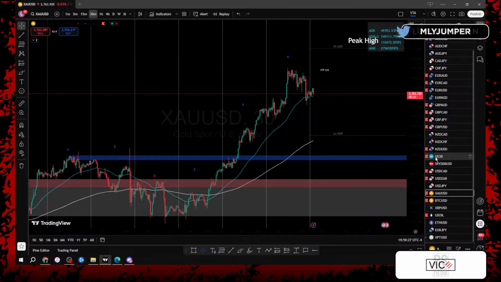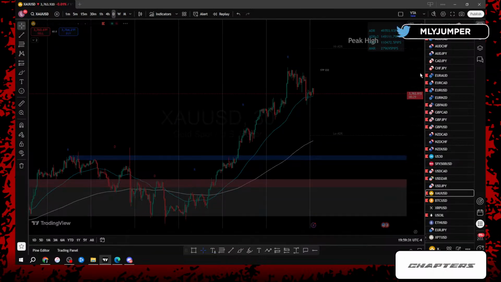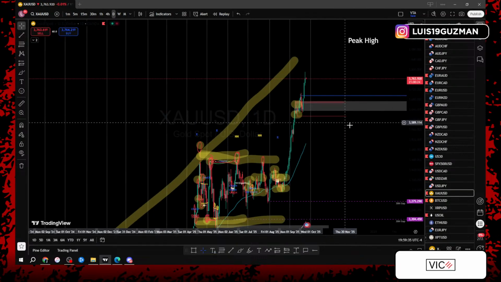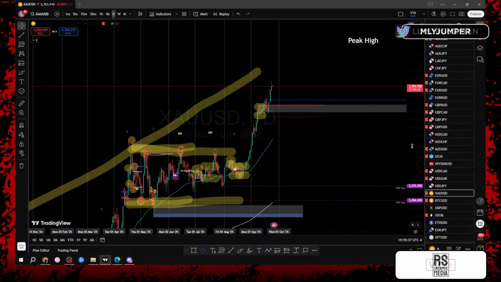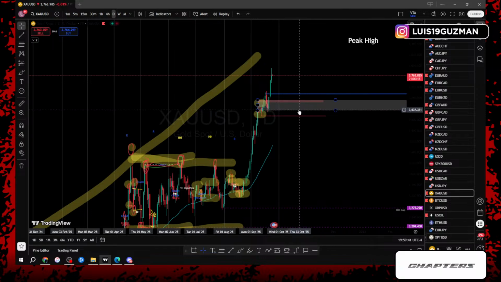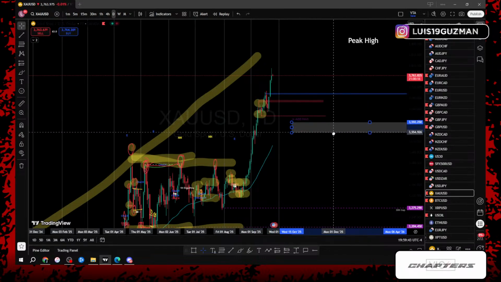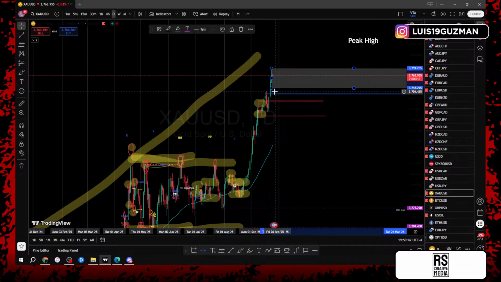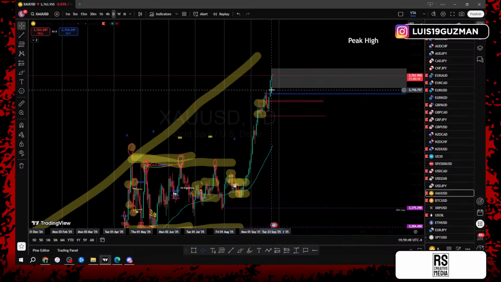These last couple pairs here, I'm not really paying too much attention to them. Gold is in peak high, it just keeps flying. I'm going to wait for price to give me a pullback, and I'll take the pullbacks. Price then wants to start making higher highs and higher lows after we get the pullbacks, then we'll take those trades back up too.